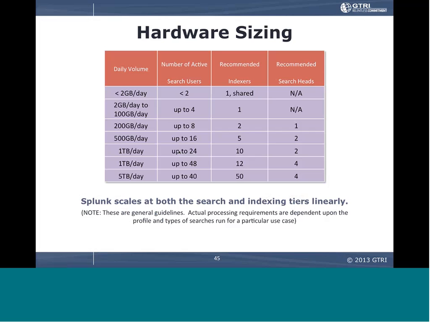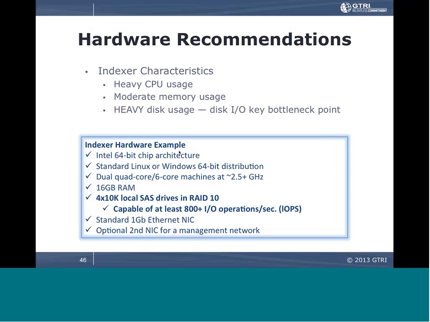Now, all this chart says is that to scale Splunk, you just add more boxes and it scales linearly. You've got 200 gigabytes per day, use 2 indexes, et cetera. We've got what I would call a hardware reference. I don't know what to call it, but they have some reference models for what kind of hardware they want on Splunk. If you're using Splunk commercially, for actual production, you really want